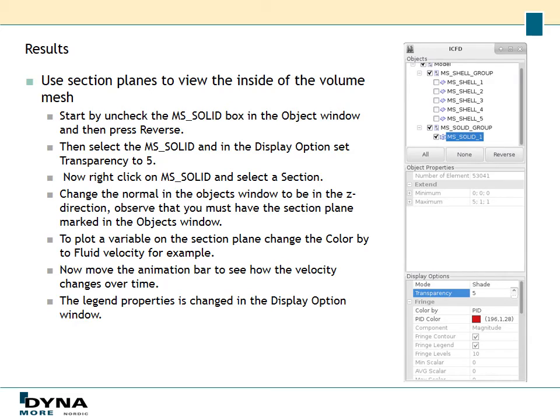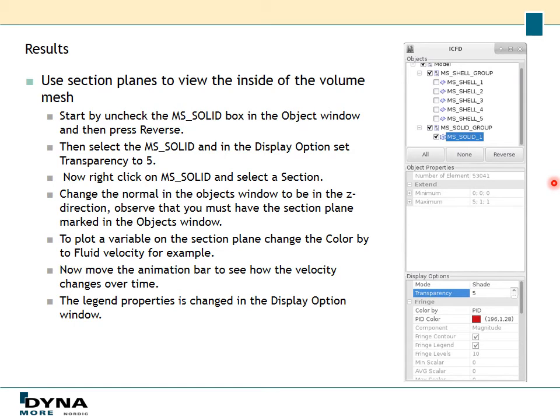So we're going to start by hiding all the shell parts. So check them and then press MS Solid and set the transparency to 5. And now right click on MS Solid and select section